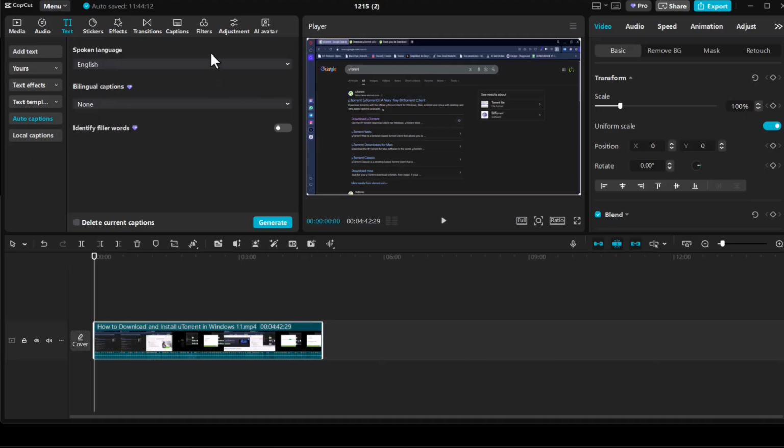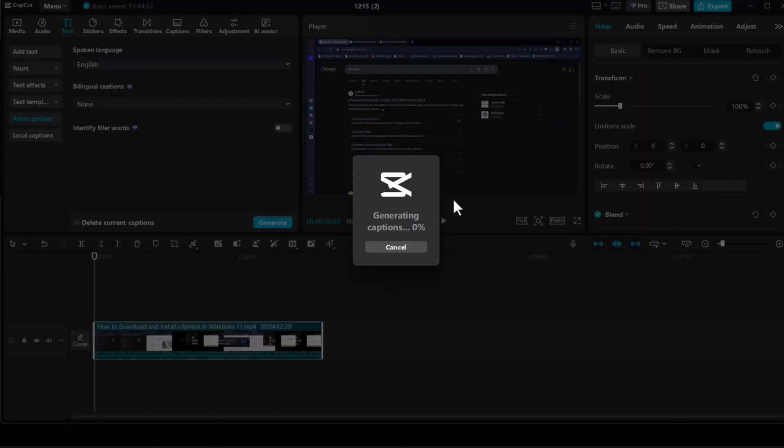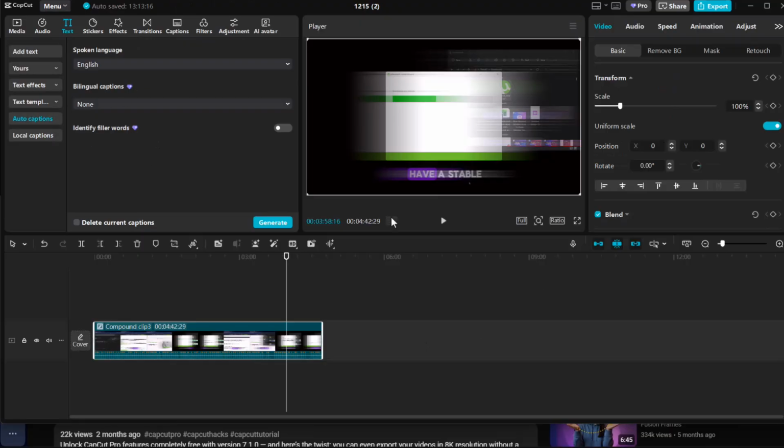You could set the captions for any language you want, from Arabic to Chinese to Dutch. Once you have set it up, just go ahead and click on generate. It's going to begin generating the subtitle. And once it's done, once the captions have been generated,